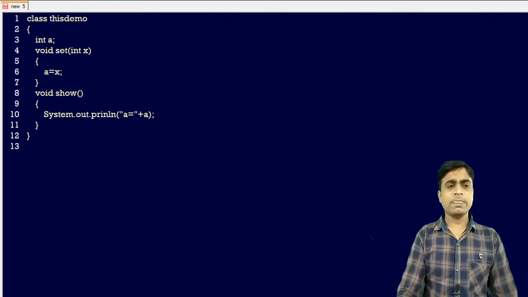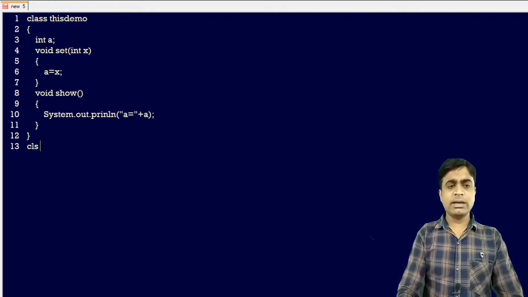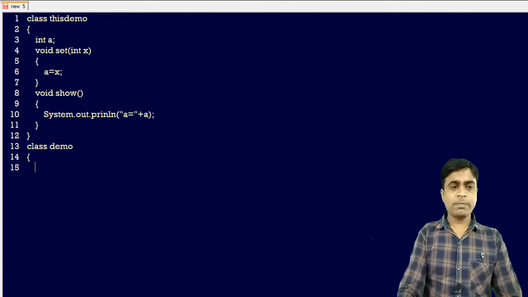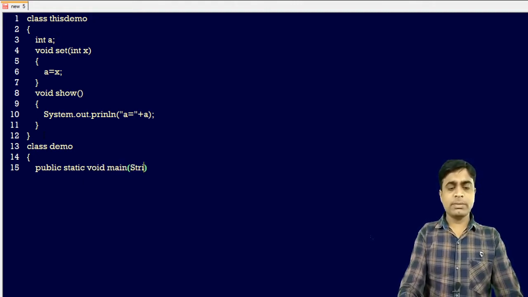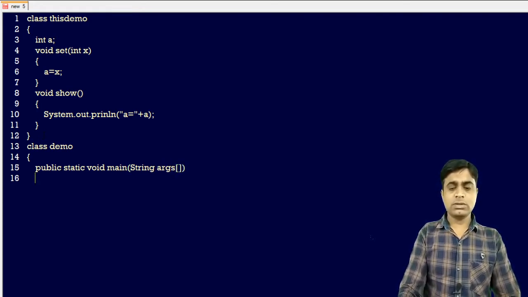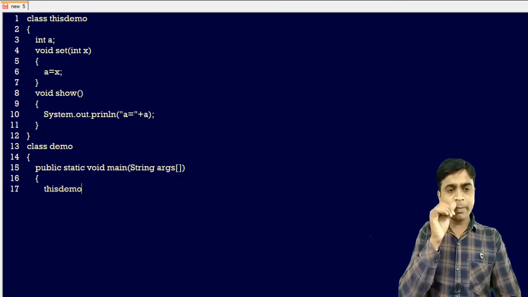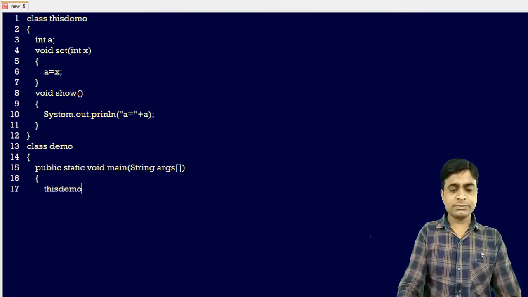Now I am creating our main class, a demo, with public static void main and String args. Here you can create the object of ThisDemo: t1 is equal to new ThisDemo.